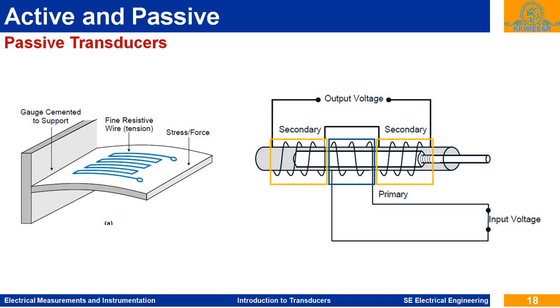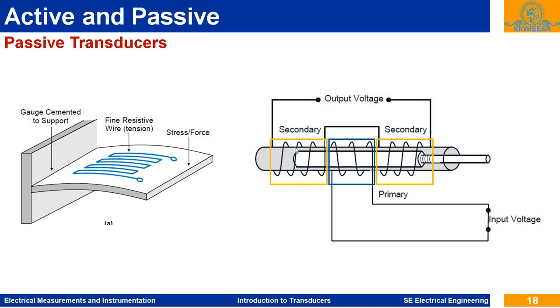Okay, and this output signal is used in the control system, or it is used as a feedback system. So this is the passive type transducer. Strain gauge is a passive type transducer. There is a change in the resistance, but how will we measure this change in the resistance? For that, we require a source.